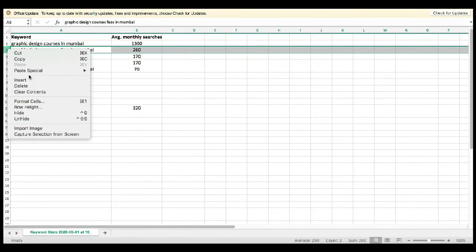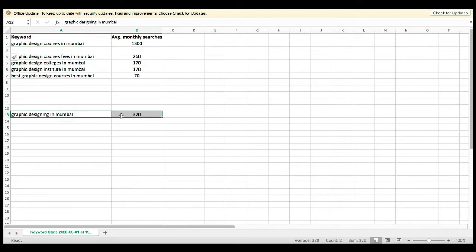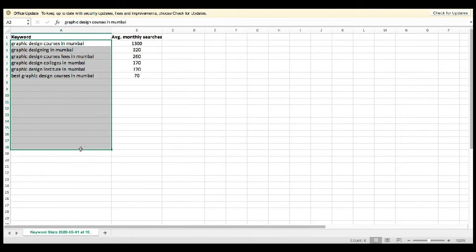Now let me just format everything properly. That's it. This is my keyword list. Step number 1, get a list of relevant keywords. You had many keywords. Step number 2 was remove the keywords which have a very low search volume.